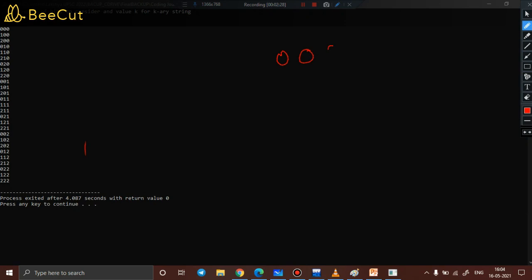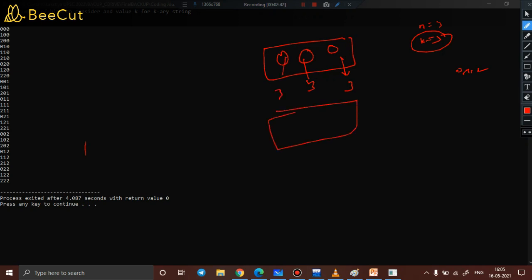Let us just develop a mathematical intuition. n equal to 3, k equal to 3, which means that for every bit you will have 3 choices, because k is equal to 3. The choices are 0, 1 or 2. Here also you will have 3 choices. Here also you will have 3 choices. So total possible strings are 3 into 3 into 3, which is 3 power 3, nothing but 27. If you count these, you will see 27 strings are generated, and it is basically a ternary string. Why ternary? Because I have used k equal to 3, and every bit position is using a digit 0 or 1 or 2.